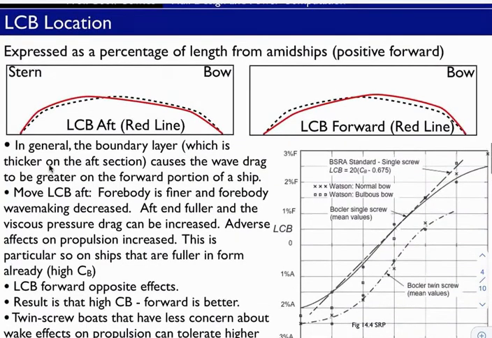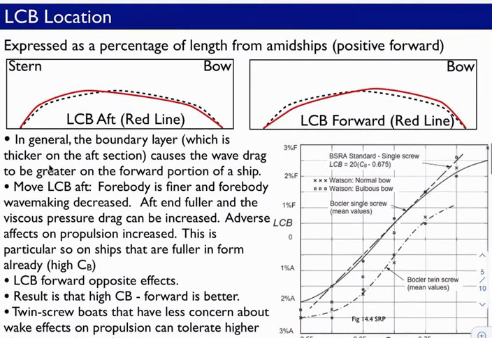Location of the center of buoyancy. Holtrop and Mennen tries to sort of capture this, but it's a pretty complex effect, and it deals both with the bare hull resistance as well as the propulsive efficiency. So that's what makes it a bit more complicated. These are just sketches showing the bow and the stern. This is the water line of the water plane of the hull, at least one half of the hull,